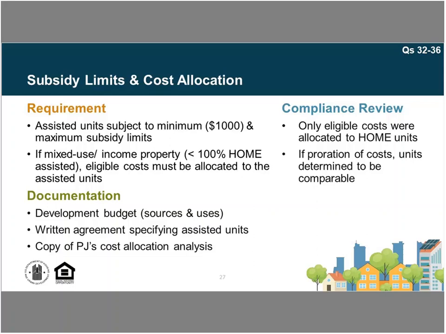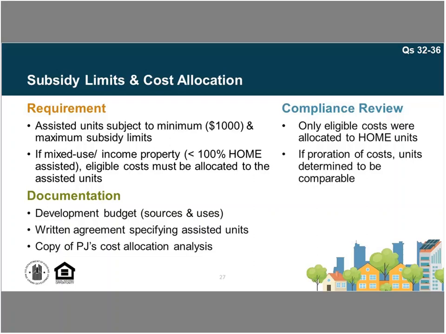So the documentation here is that you have a development budget that identifies the sources and uses, that identifies the HOME dollars and can determine that the HOME dollars are within the maximum subsidy limits. The written agreement needs to specify the assisted units as well. And if there's any reason that you have to allocate HOME funds across eligible and ineligible units and eligible uses and ineligible costs, you must have a copy of your cost allocation as well in the file